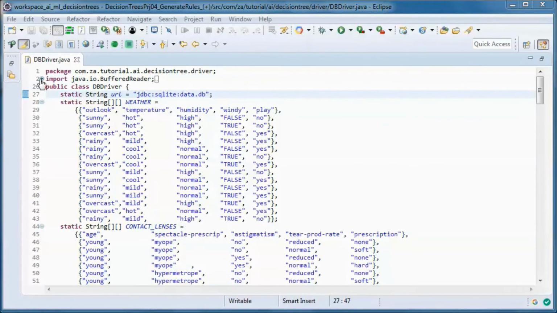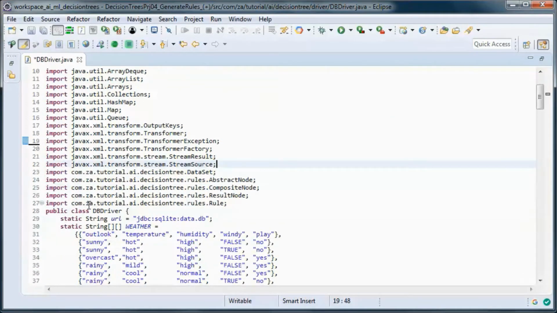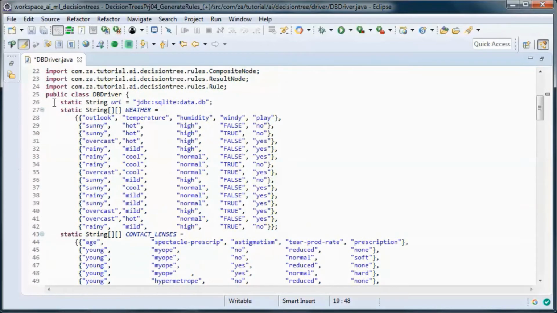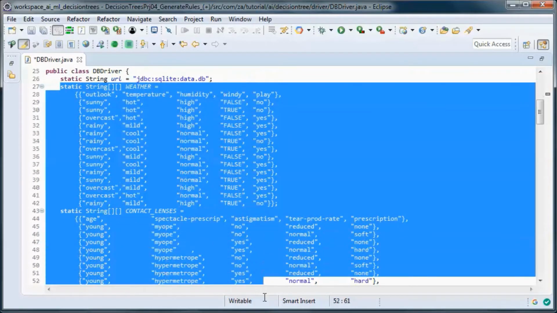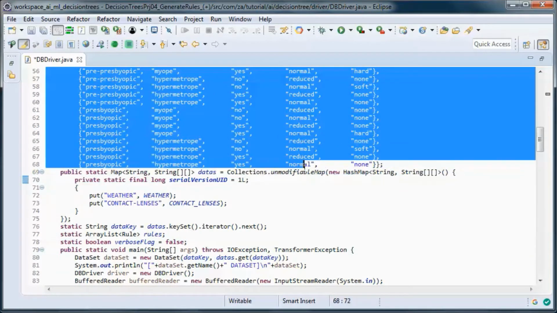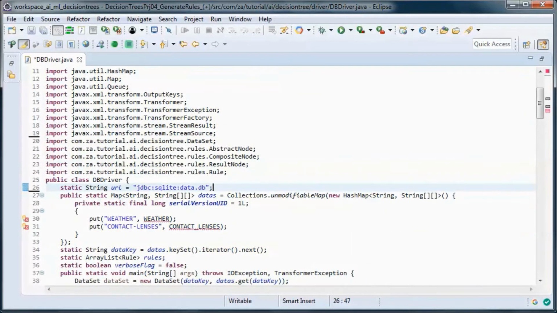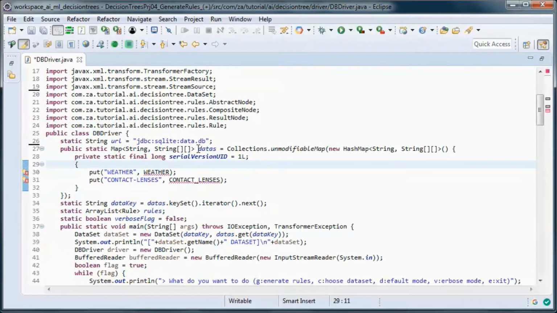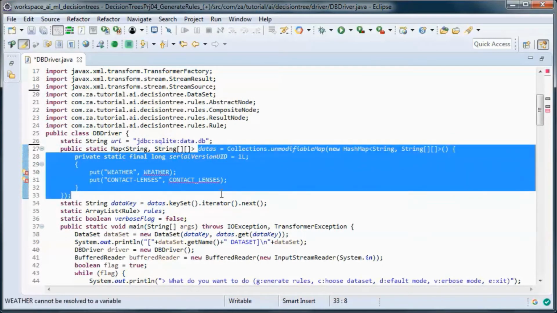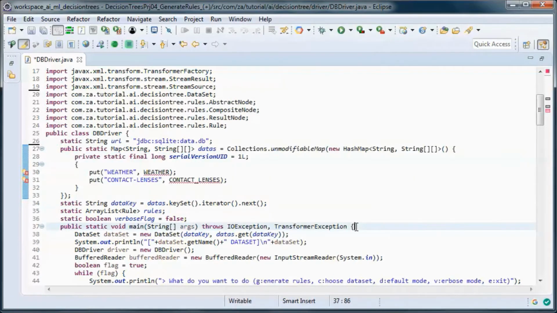And here, since we will be accessing the data from the database, let's remove those. And let me copy this data and put it here.